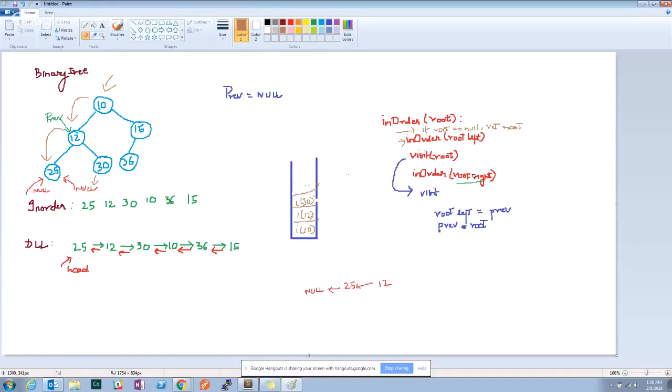And what we do is, when root dot left returns, we move to I of 30 as of now. So now our root is 30, right? And then we move to the left of 30, which was null. It returned null. Then we have to visit the root, right? So the root here is 30, and we set previous of 30 to the previous node, so left of the current root to the previous node. So the previous visited node is still 12. So we set